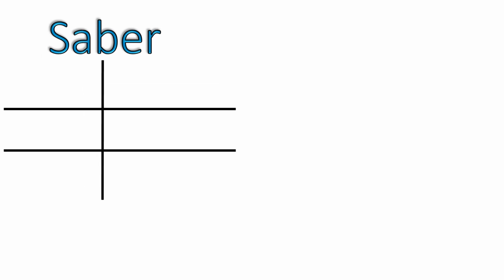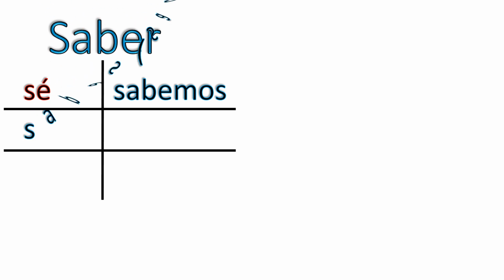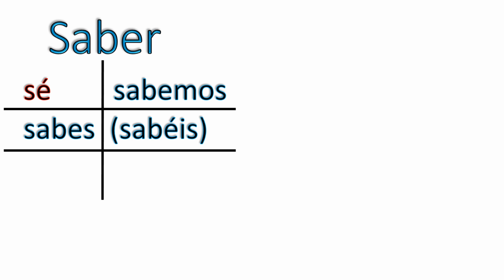Let's get down the conjugation charts for each of these verbs. Saber, let's see. The yo form is irregular, yo sé, and the nosotros form is regular, nosotros sabemos. Everything else in this verb conjugates like a regular ER verb. Tú sabes, vosotros sabéis, ella, él, or usted sabe, and ustedes, ellos, or ellas saben. So, saber, just a regular ER verb, except for the yo form, which just wanted to be a little funky, and it's yo sé, with an accent on the E.